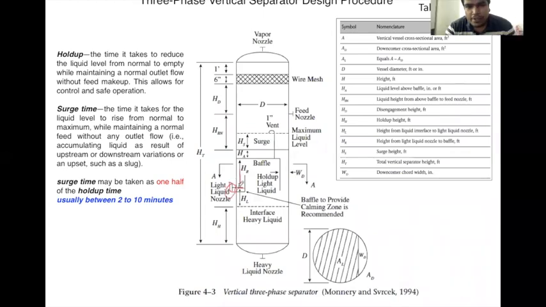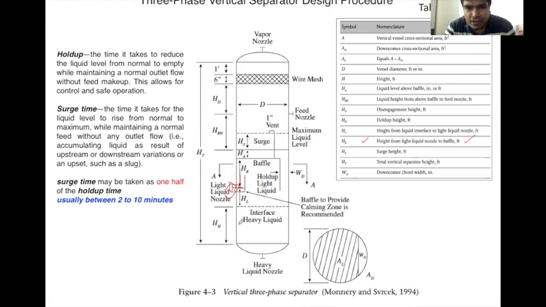Again, this is the valve, right? Now from here, the liquid is taken out, and from this point onwards there is a height shown here, HR. Now this HR is the height of the baffle from the exit of the light liquid, right? So from here the light liquid will take exit and is taken out, and this height is HR, right? So you can see HR, the height of the light liquid nozzle to the baffle, in feet.